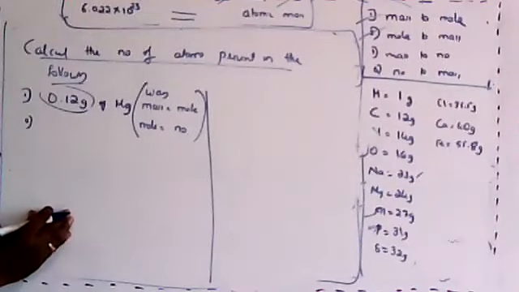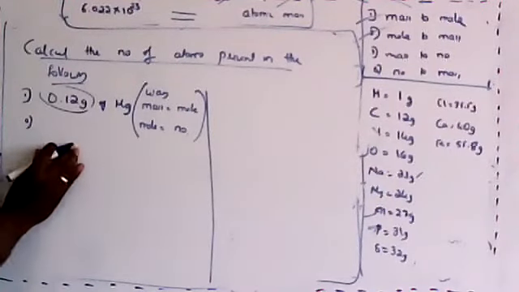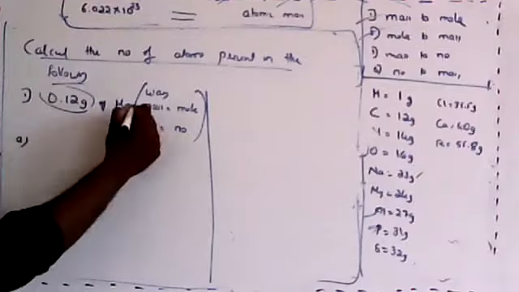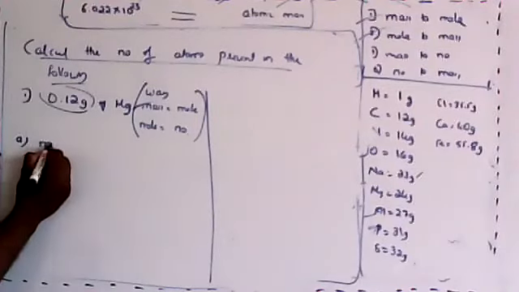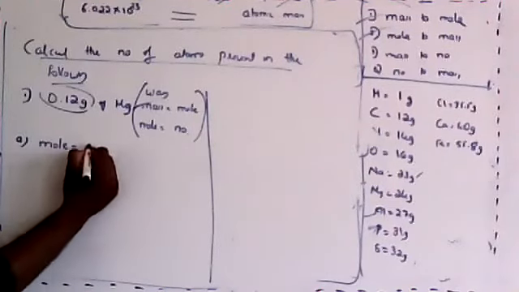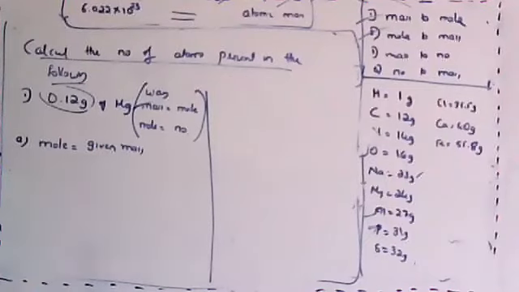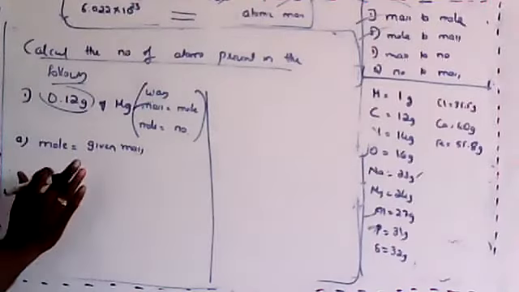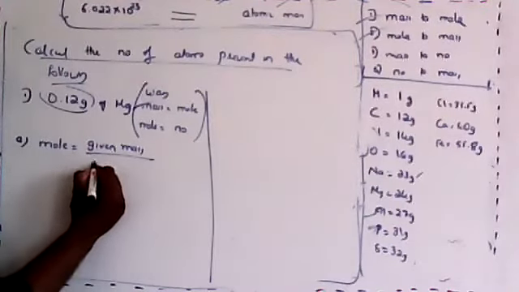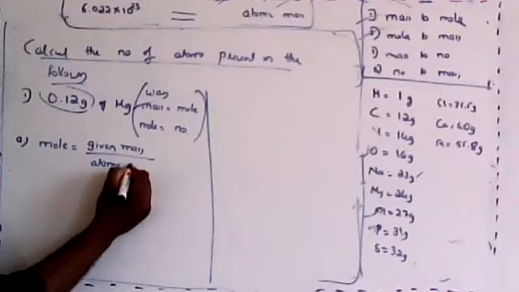Yes, Aditi, it is correct. See, I'll tell you how to find it. First, use mass to mole. We know that whenever a mole is asked, you have to calculate it using the formula: given mass divided by atomic mass. Let me check if anyone has answered. Yes, Anirudh, very good. Aditi, very good. Let me just solve. Consider, dear students, given mass divided by atomic mass.